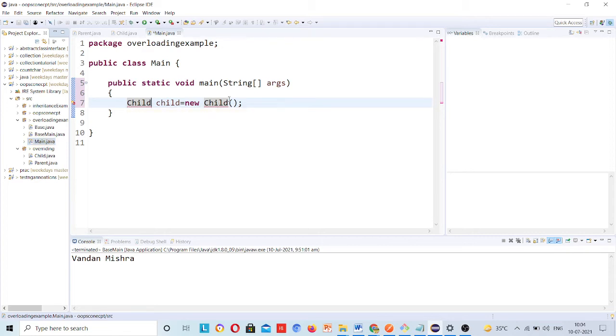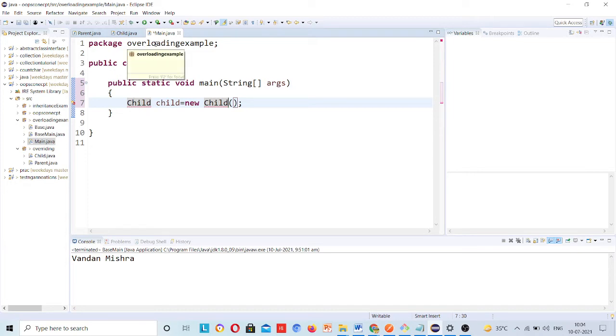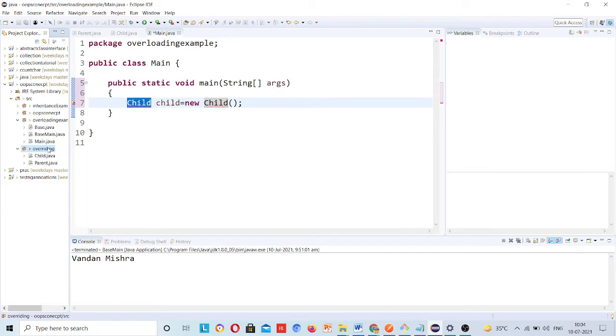I am telling you that this main class I have created by mistake inside this overloading example package, but this child class is present inside this overriding package. So it is saying that it is not able to find this child class in this package.